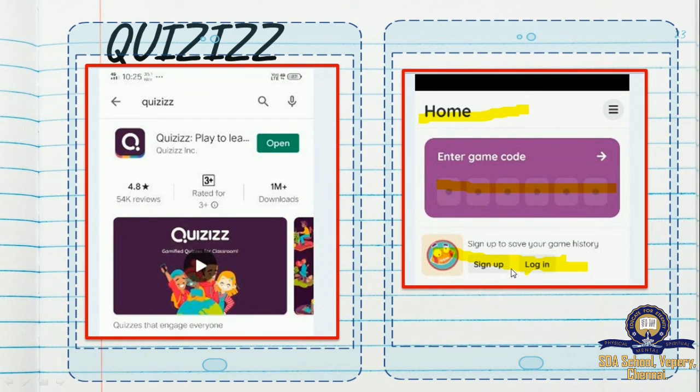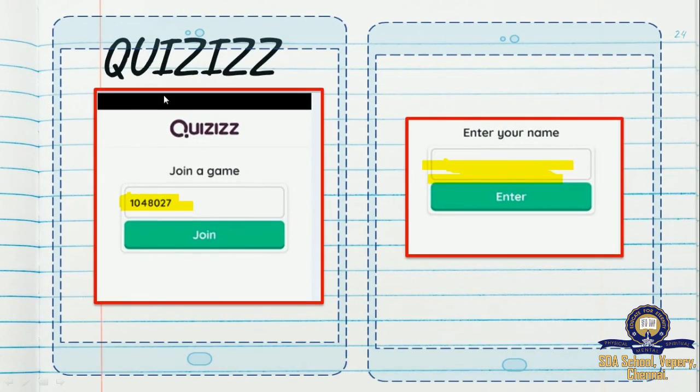Here you will see the home button, enter game code, sign up, login. If you want to sign up, you can do it. If you have a login ID, you can use it also. If you don't have anything, need not worry about it. You can go directly to enter game code, click on this particular area. You will go to the next option, where you type the game code.